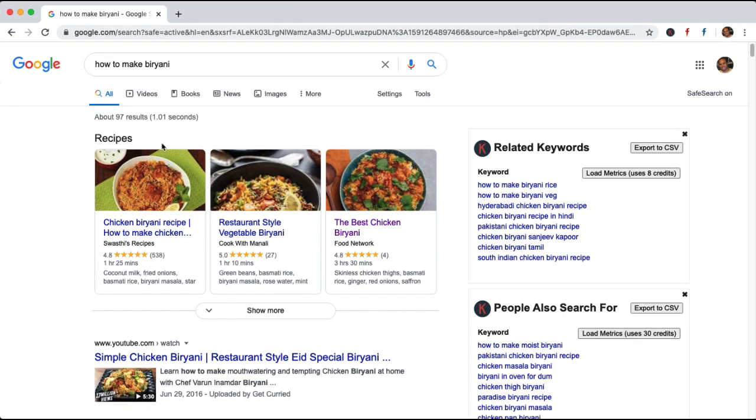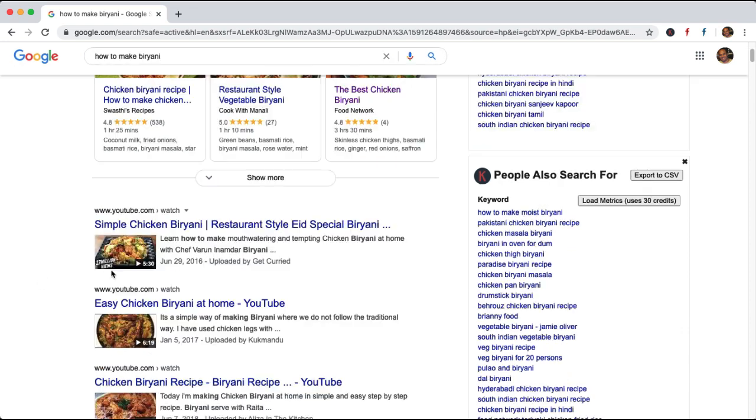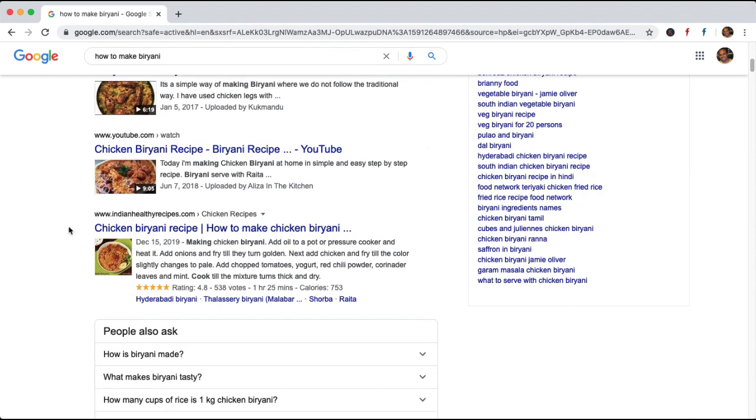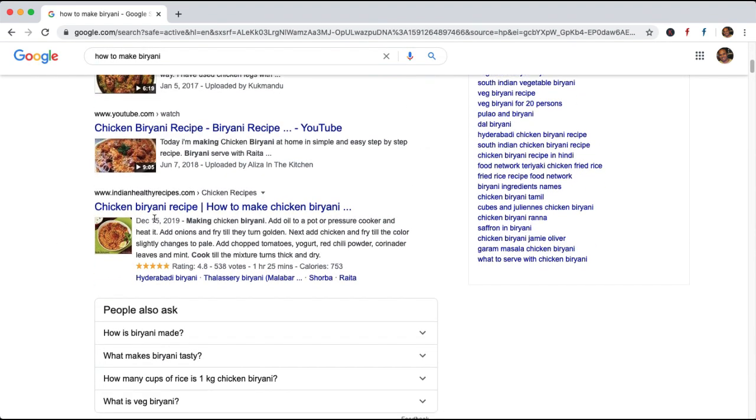There is a schema markup type called recipes, where you can see Swasti's recipes with the rating and the time required for cooking, what are the ingredients. So you can see all different types of recipes here, and also you can see that this is a video on this website indianhealthyrecipes.com.